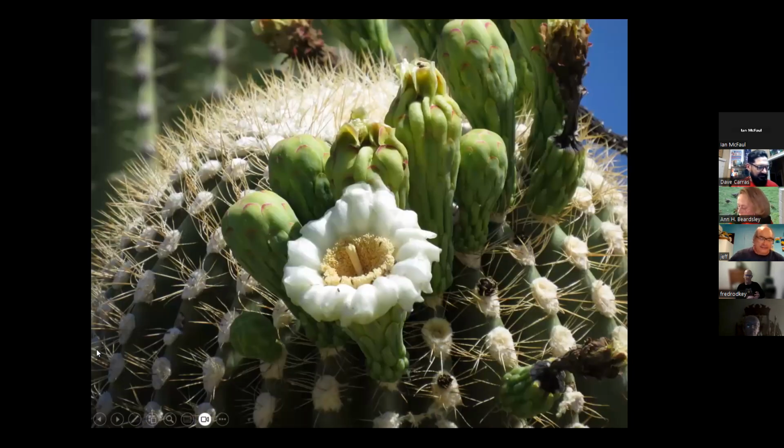This is the flower, obviously the state flower of Arizona, and it's a really beautiful, fragrant bloom. It typically opens in the evening and then will stay open all night to hopefully attract pollinators, but will also stay open until about midday the following day. And this is the saguaro's version of hedging its bets, because they are largely pollinated, it was thought, by bats,